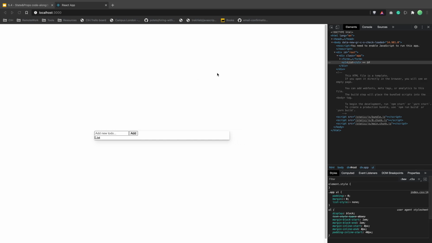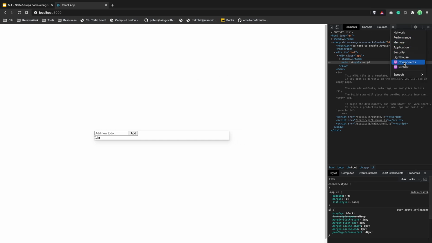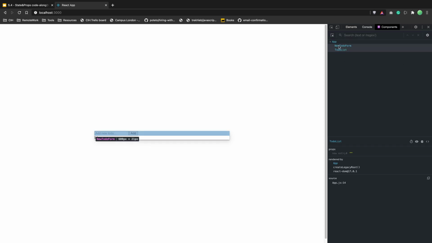So let's try, and we will see does it actually work, right? So remember, React DevTools components, and we are in new to do form. State is empty, right? We start typing something, new to do. We are updating our state. Great. This is what we want. Looks like one part of our